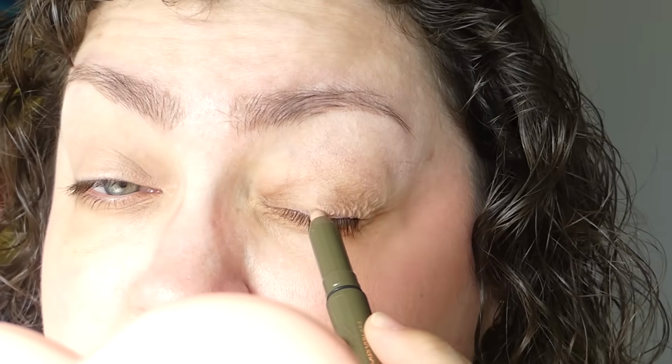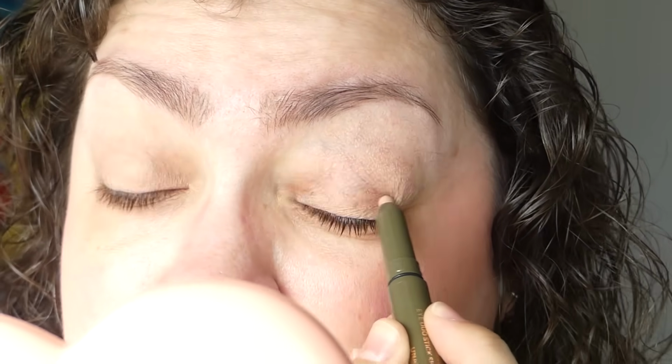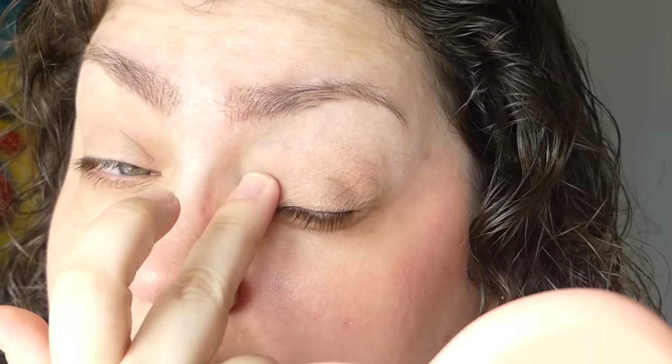Do you see the difference? It just kind of brightens things up. Let's do it again. Very blendable, very creamy dreamy, very nice. Reminds me of kind of a thinner MAC paint pot from back in the day. So I'm actually curious to see how this holds up without any primer underneath. And then I'm just gonna go ahead and do some...